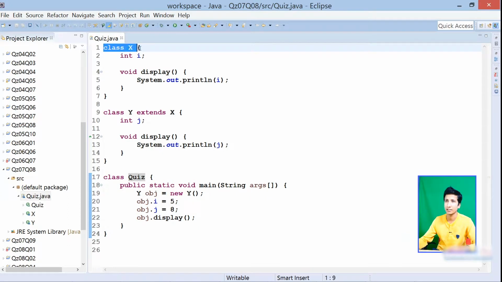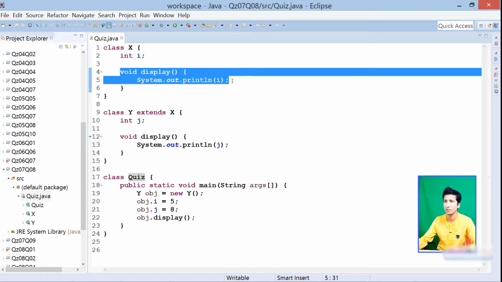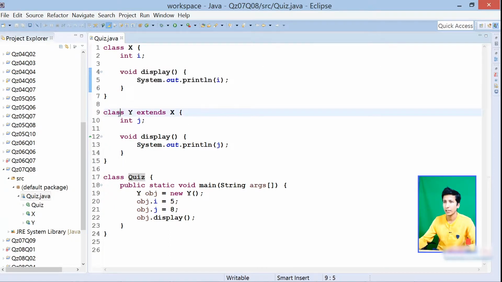These classes are class X and class Y. Inside class X we have an int variable I, and we also have a display method which is simply displaying the value of I, which is okay. Moving forward we have a class Y which extends class X. So this seems to be good enough, and inside class Y we have the variable J. No problem. And moving forward we also have yet another display method inside class Y which is